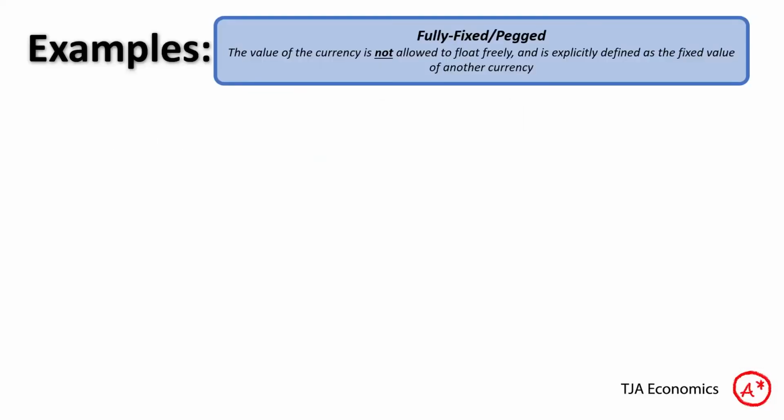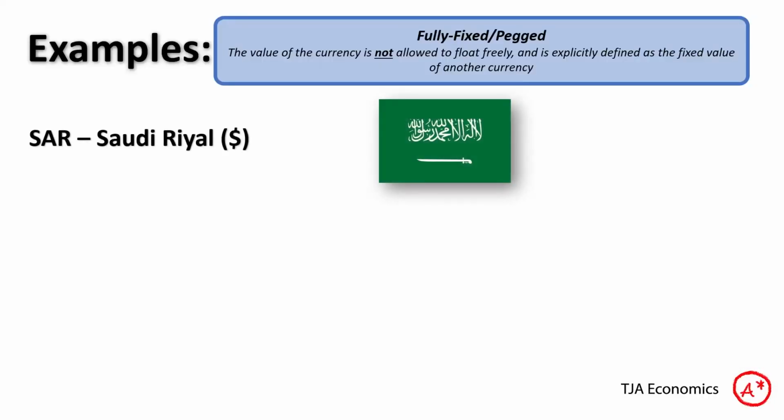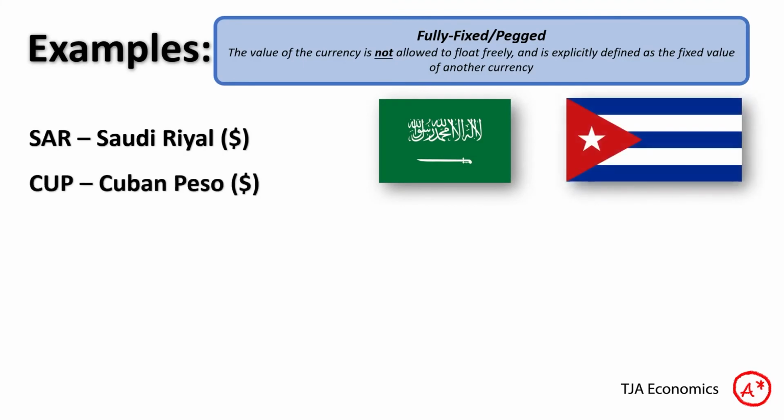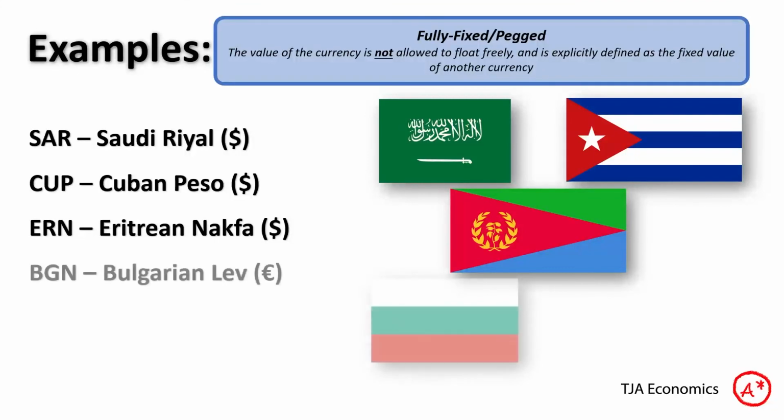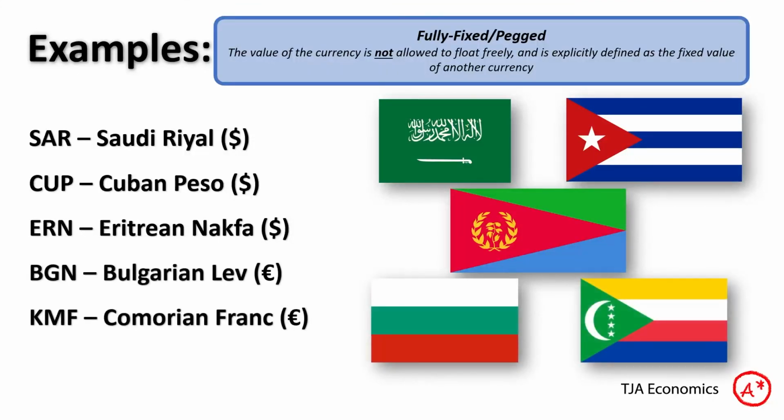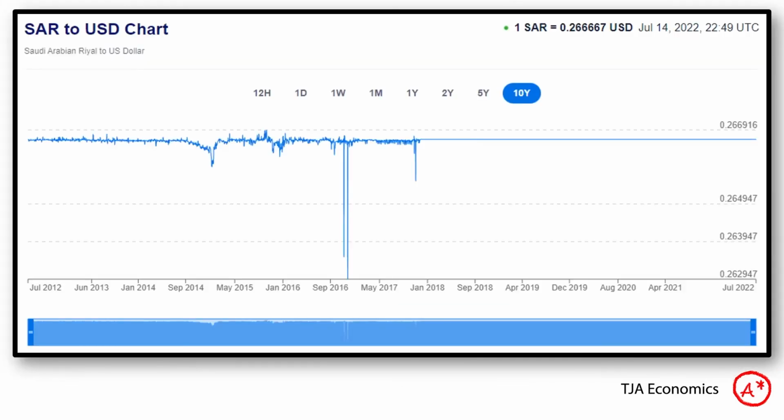Lastly then, fully fixed and pegged. The Saudi Riyal is pegged to the dollar. The Cuban peso is pegged to the dollar. The Eritrean nakfa is compared to the dollar. The Bulgarian lev and the Comorian franc are pegged to the euro. And you'll see here from this diagram, this is the Saudi Riyal versus the US dollar. You can see quite clearly, apart from that quite major blip in sort of late 2016, and especially from January 2018 onwards, the Saudi Riyal is and has always been, or as close to has always been,